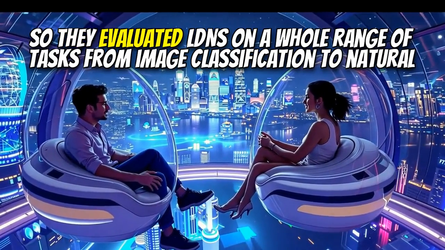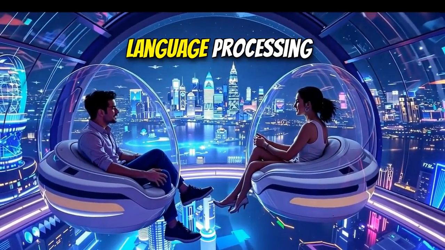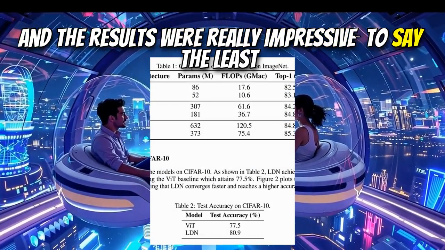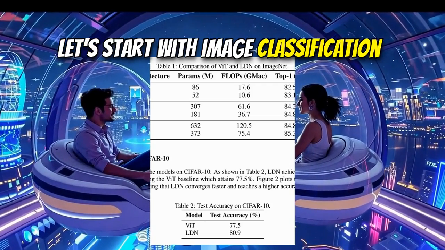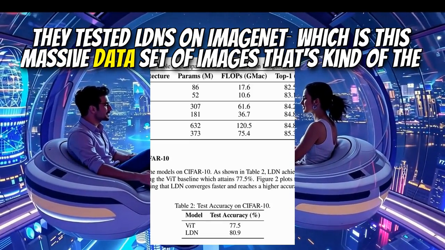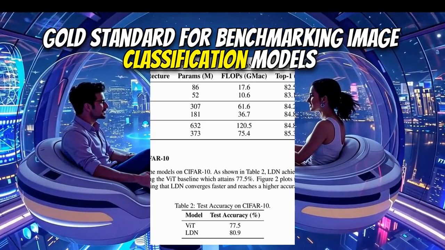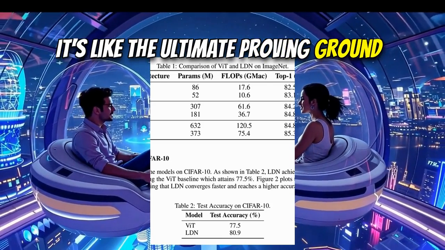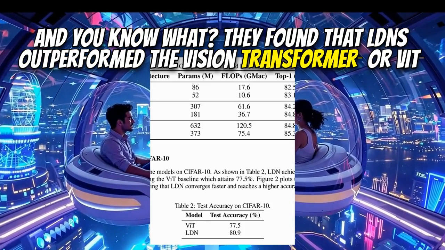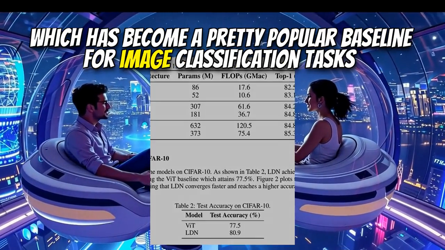Sure. So they evaluated LDNs on a whole range of tasks, from image classification to natural language processing. And the results were really impressive, to say the least. Awesome. Let's start with image classification. They tested LDNs on ImageNet, which is this massive data set of images that's kind of the gold standard for benchmarking image classification models. Right, it's like the ultimate proving ground. Exactly, and you know what? They found that LDNs outperformed the vision transformer, or ViT, which has become a pretty popular baseline for image classification